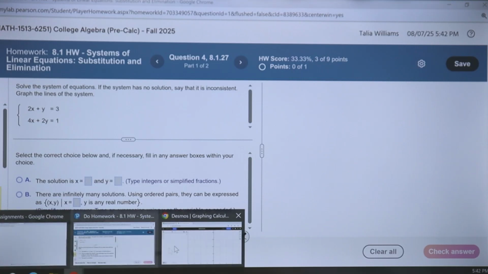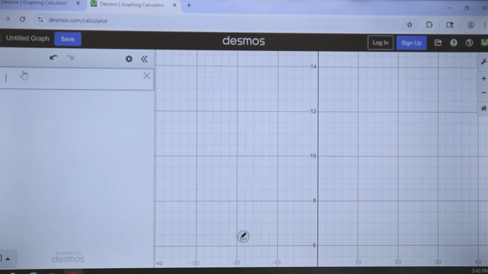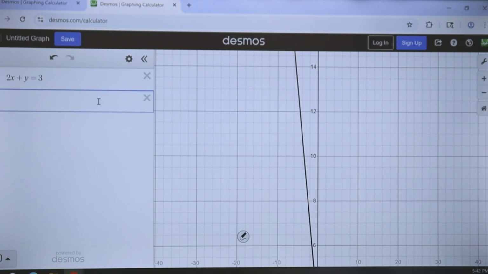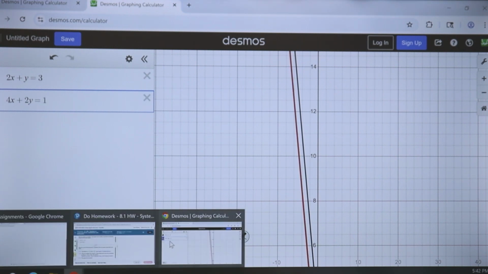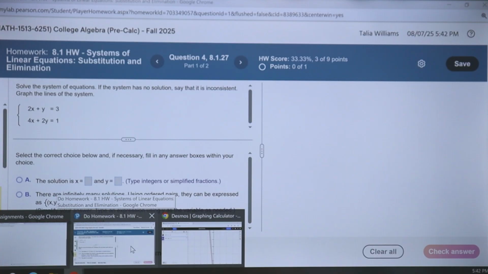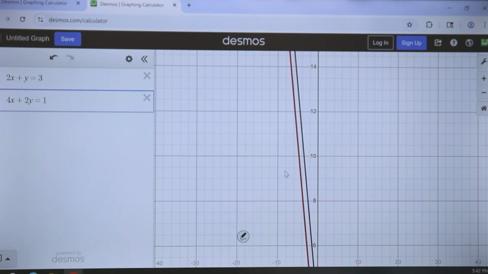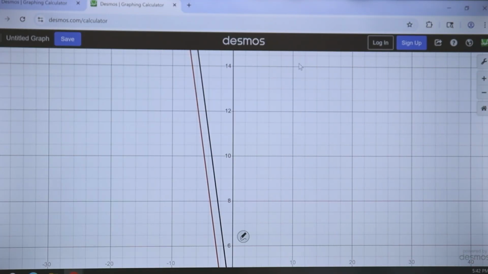So 2x plus y equals 3 is our top one. And then it was 4x plus 2y equals 1. I'll double check that. 4x plus 2y equals 1. Okay. And then if I get that,